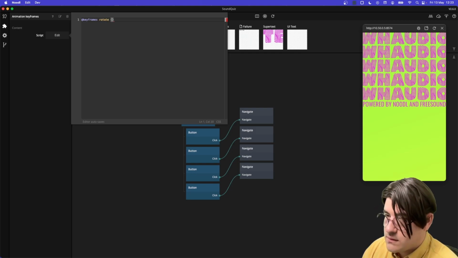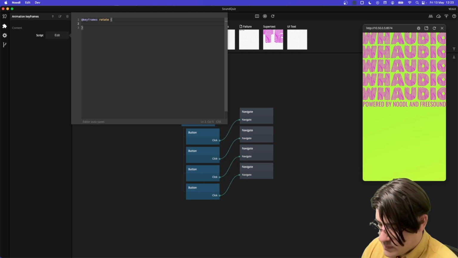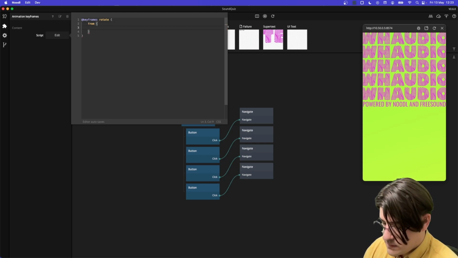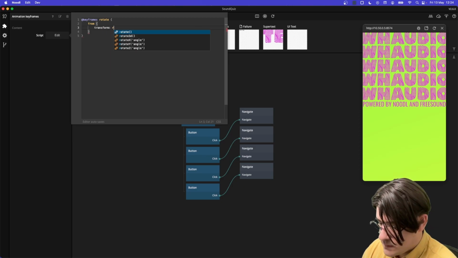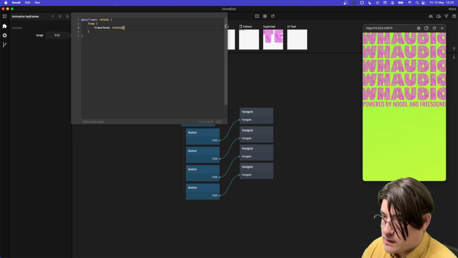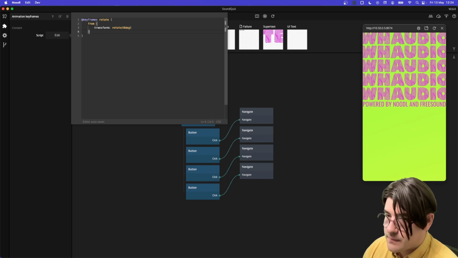Let's do that. And then we do from transform rotate 0 degrees, to transform rotate